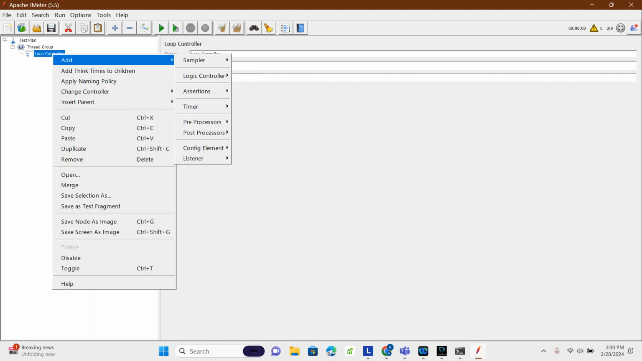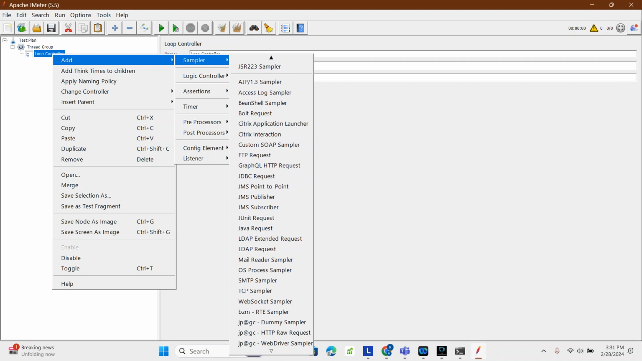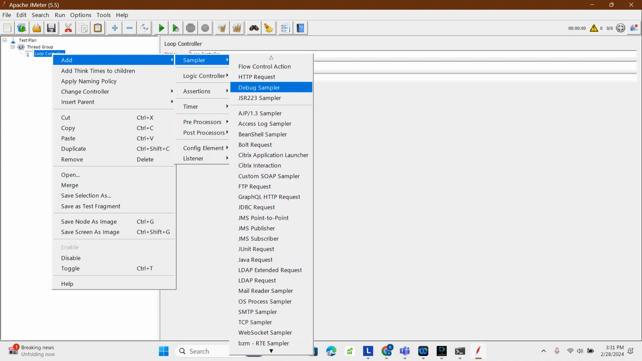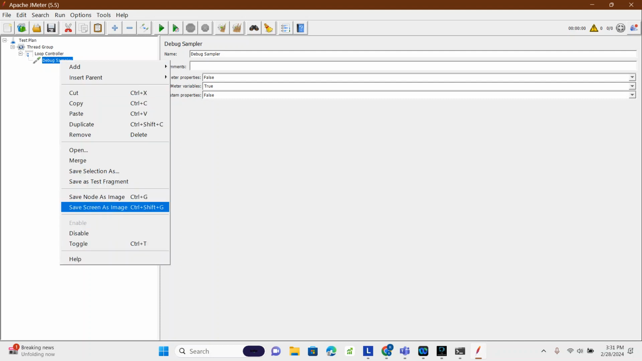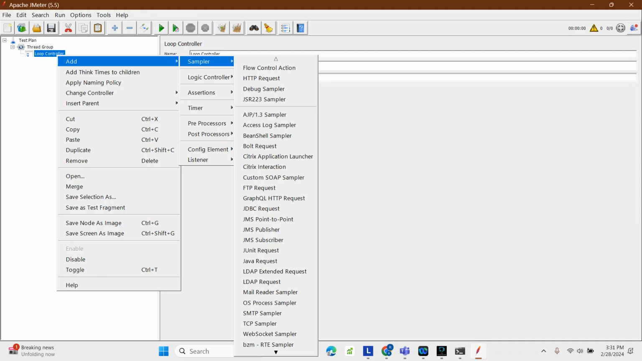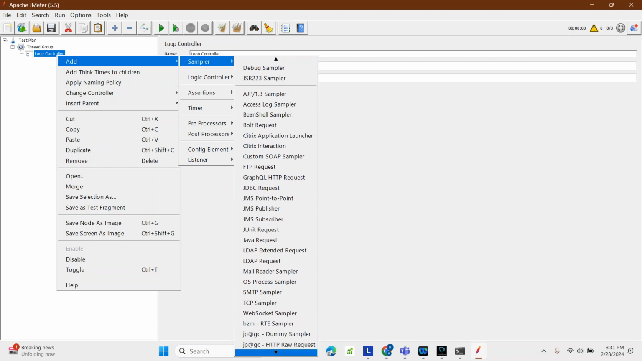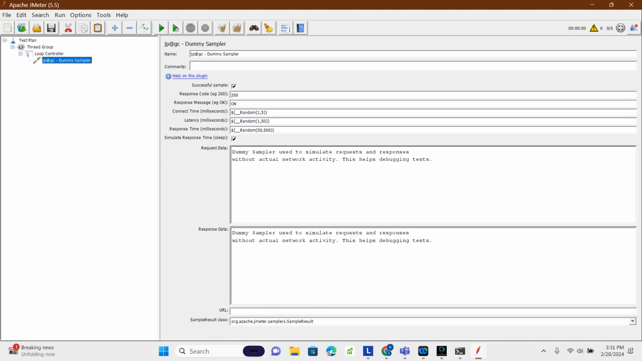Under that, let me add the sampler, debug sampler. Let's try to add, oh, this is not the debug sampler, this is not the one we wanted. So let's go ahead and add the one we require. It should be somewhere down. Okay, HTTP sampler. Okay, where is the dummy sampler? Yeah, my bad. It's not the debug sampler, it's a dummy sampler we are going to add, and let's copy